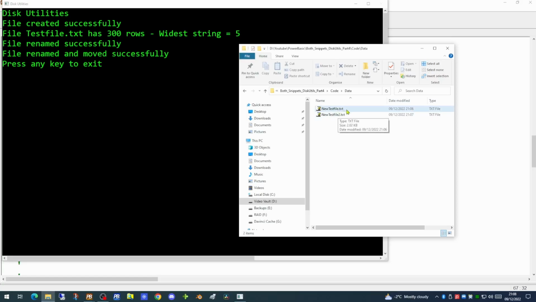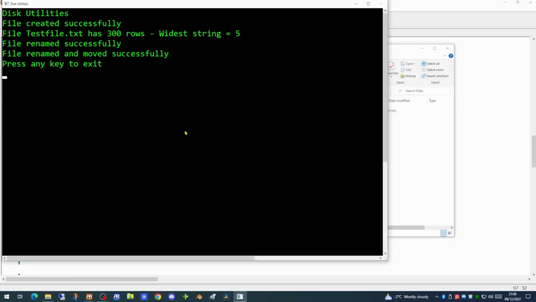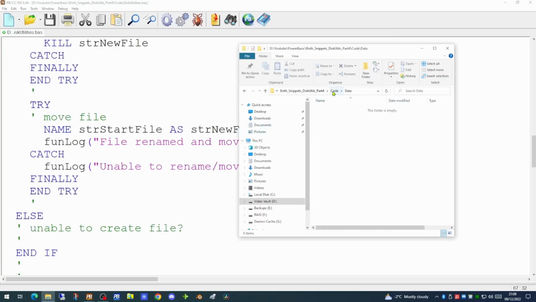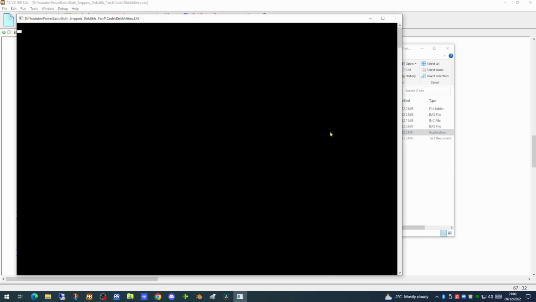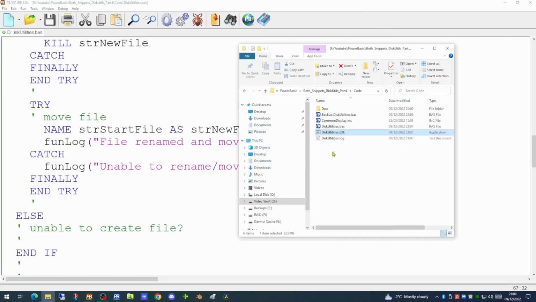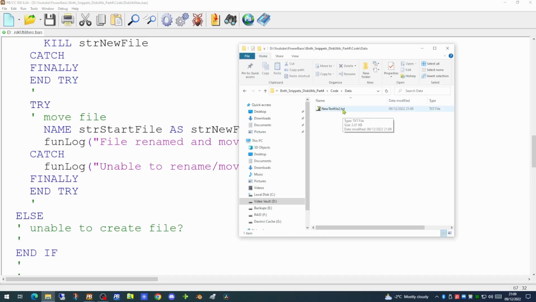The original file we copied previously is still in there. So let's clean both of these out and run the application again just to prove that it's working properly. And there in our data folder is new testfile.2.